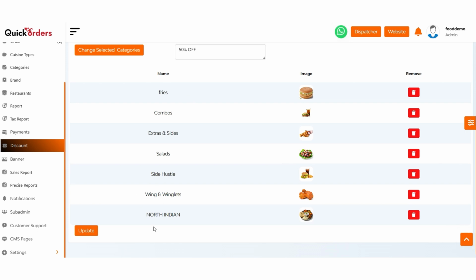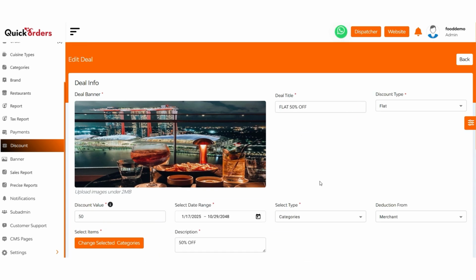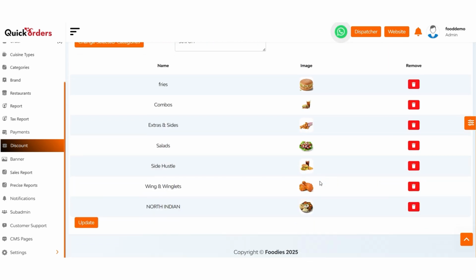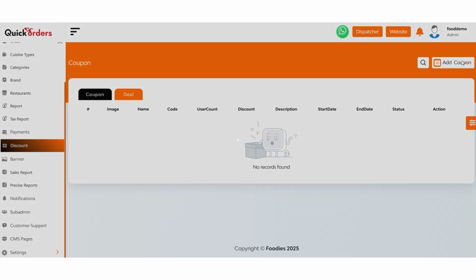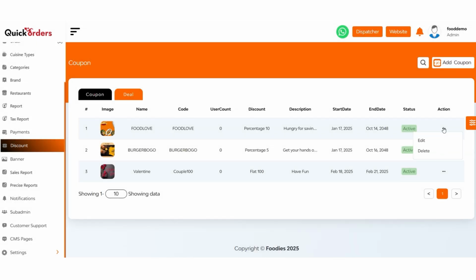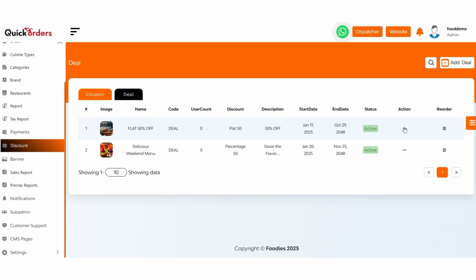And below are all of these selected categories, which are selected from the admin end. They can be removed by simply clicking on the trash can that's there. And all of these deals are properly editable from the admin end. If some edit is required, just edit and update. If no edit is done, go back. And then admin can also delete the particular deal from the platform